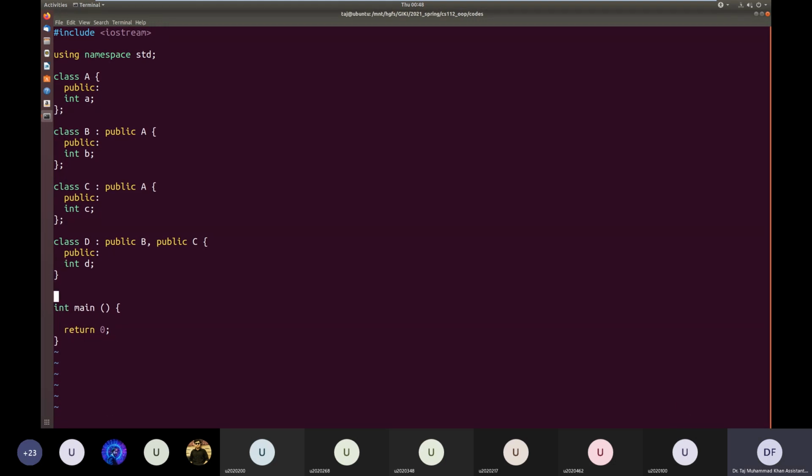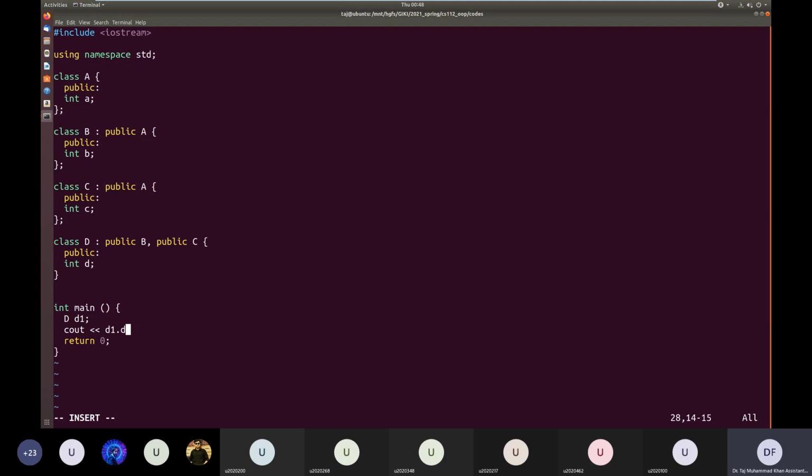So now in my main, if I declare an object of class D, I can output d1 dot d, because the object d1 is of type class D, so it has inherited everything from class B and class C. It will contain all the members of class B and C as its own members, and since B and C have inherited from class A, B and C will have all the members of class A. Those will also be inherited in the class D twice, once through B and the second time through C.